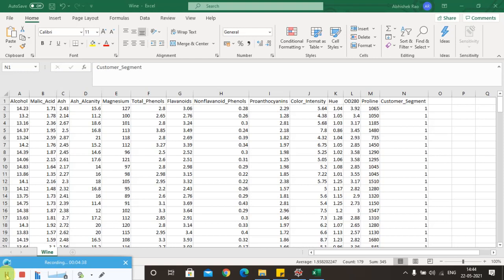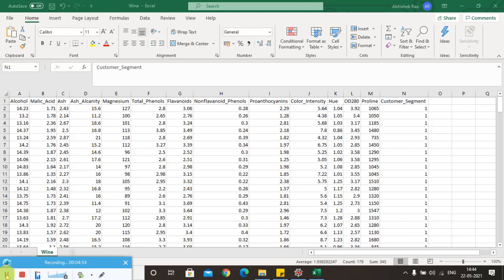So the owner would like to reduce this complexity by ending up with a smaller number of features, and at the same time the owner would also like you to build a predictive model that will be trained on this data set.